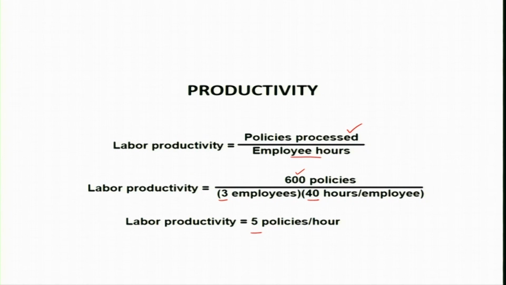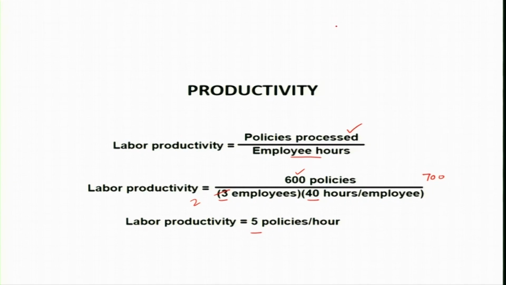And if by some means these 600 policies are increased to 700 policies, then obviously my productivity will increase, or I am able to achieve the target of 600 policies with the help of 2 employees only rather than 3. That also means I am improving the productivity. So, various tools and techniques which we are going to study under production and operations management, you will find there are policies which will help in reducing the input, there are policies which will help in improving the output.